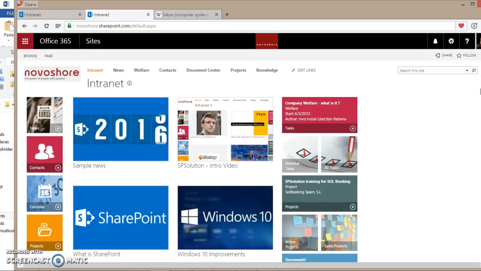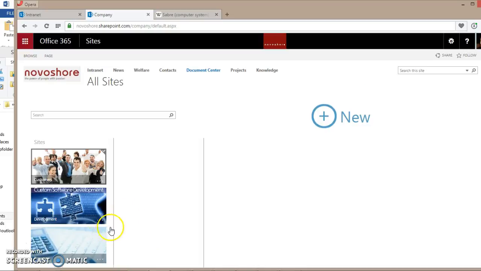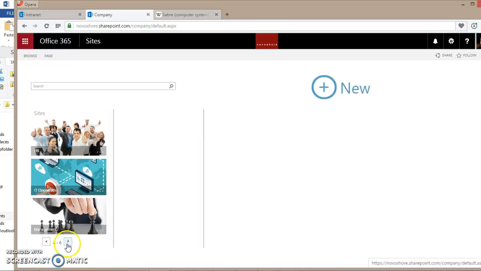In this video, we're going to have a look at how we will be adding information, documents, files, folders into SharePoint via SPSolution. There are several ways of doing this, whether we want to add into Knowledge Center, the Document Center, add into projects. There are different procedures, and we're going to have a look at some of the main ones. So the first thing we're going to do is to do the manual way and go to the folder